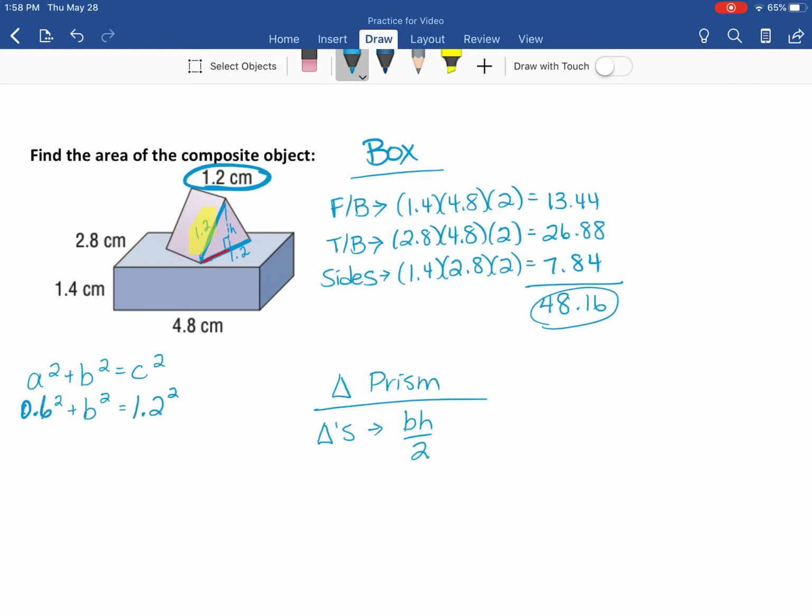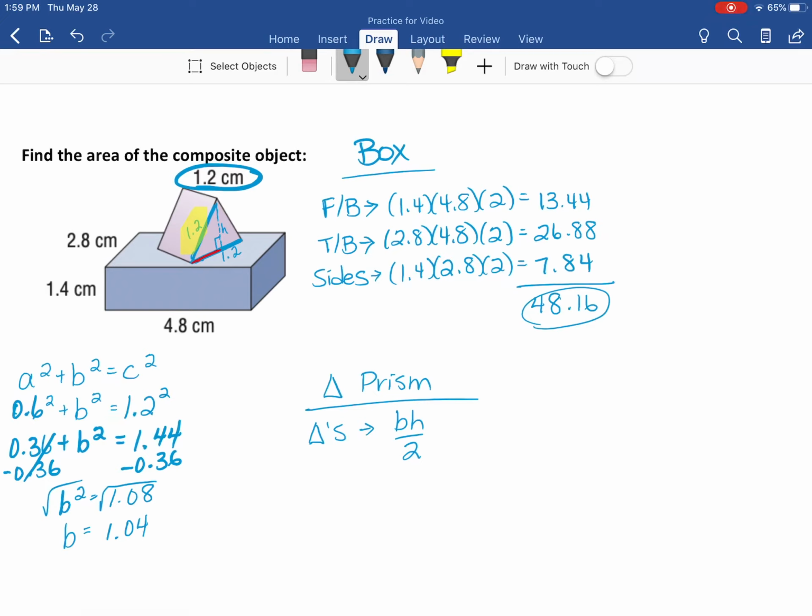So 0.6 squared is 0.36. And 1.2 squared is going to be 1.44. I'm going to subtract 0.36 from both sides. B squared is going to be equal to 1.08, and then I square root that and get an answer of